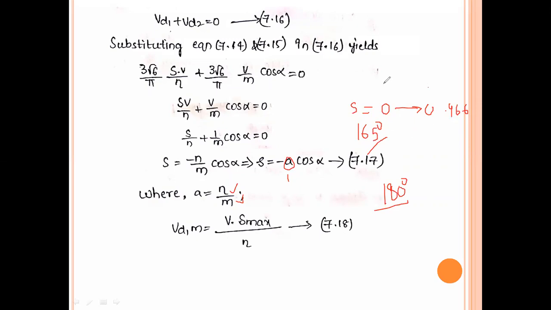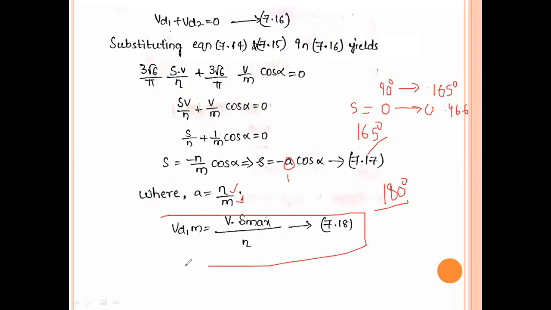So that means the slip can vary from 0 to 0.966. And this is for the range of alpha in the inversion operation. Inversion operation can be achieved from 90 degrees to 180 degrees, but we are not operating alpha up to 180 degrees, due to the safe commutation process. So we can operate alpha from 90 to 165 degrees only. So the slip can be varied from 0 to 0.966 for this alpha range. And the transformer is used to match the voltages VD1 and VD2 here.